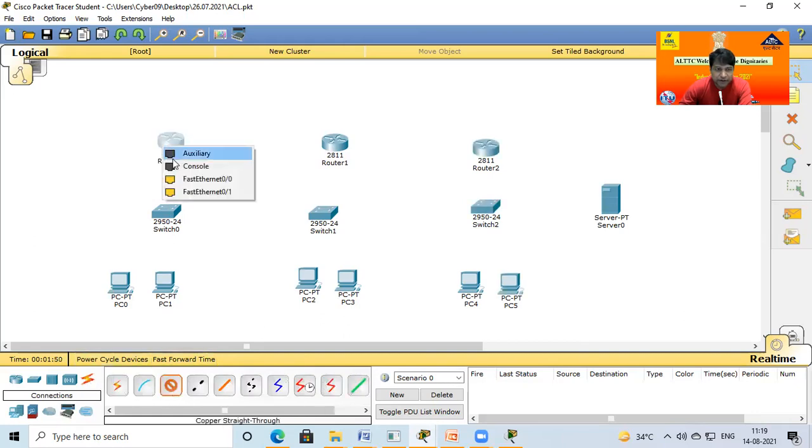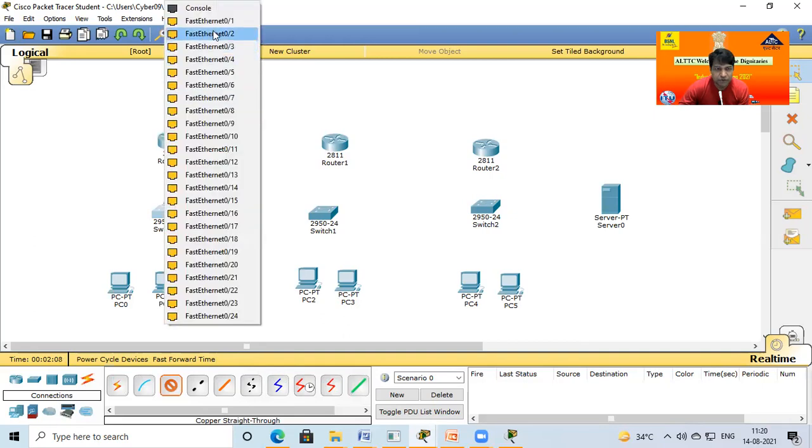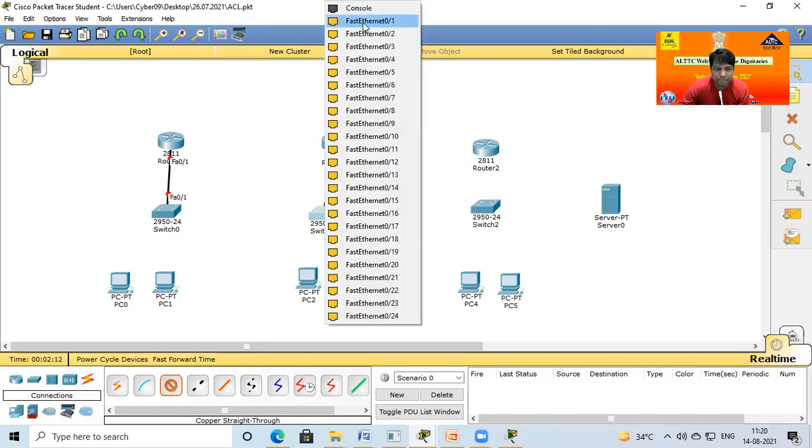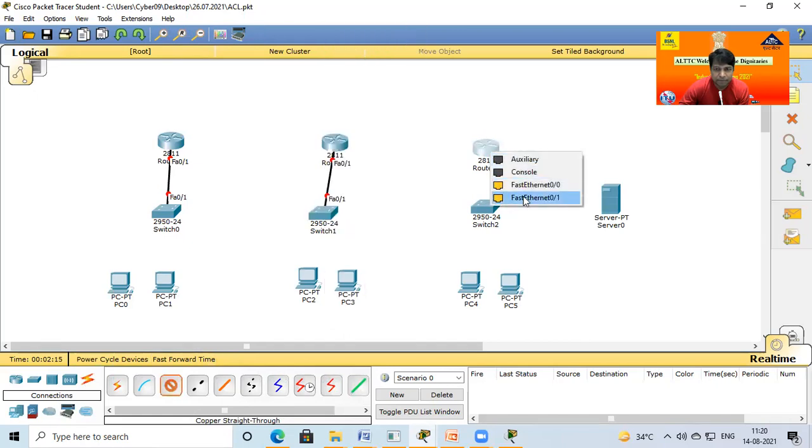Use a straight cable. You have two options here; you can connect either option, no problem. But for similarity, without creating additional confusion, I just select in each and every LAN 0/1, and the switch is 0/1. Same, 0/1, 0/1. Now this computer is connected to the local switch, so definitely a straight cable, for internet purposes FastEthernet0.